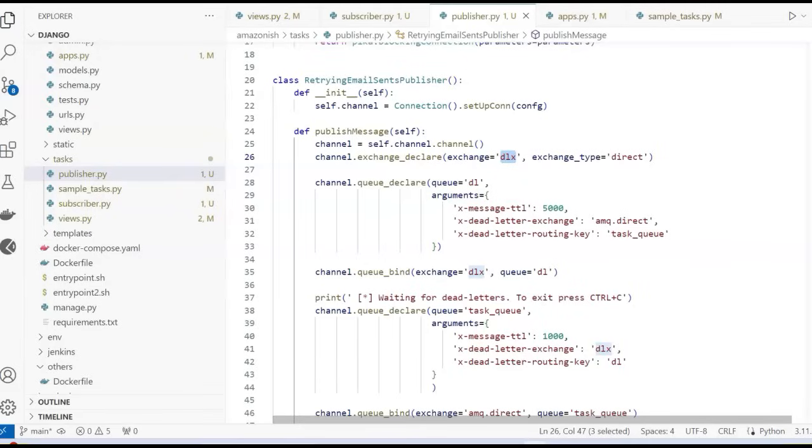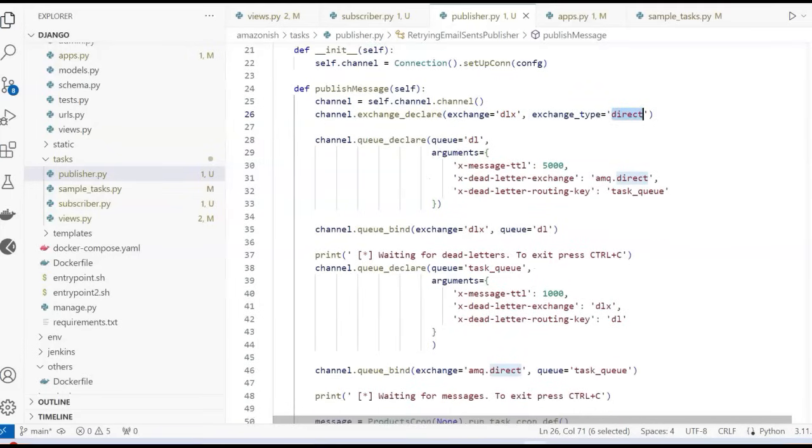So I'm declaring a queue first, that is the dead letter exchange, and the exchange type is direct, and then declaring a dead letter queue. These are all default configuration that you will get, and the routing key is like in message broker